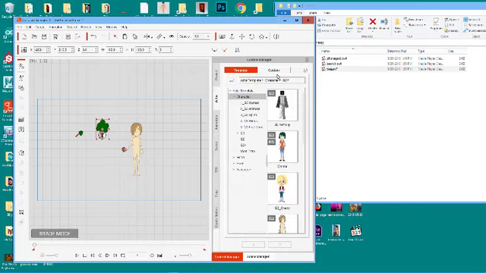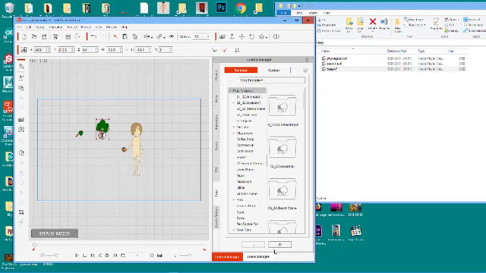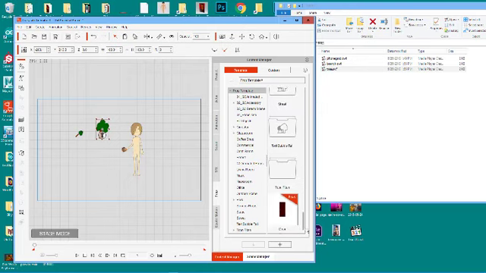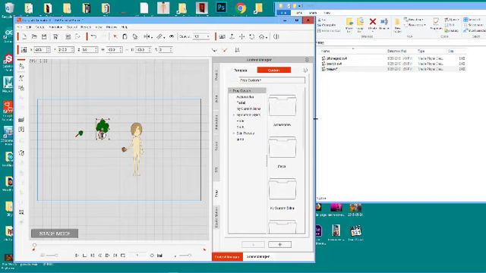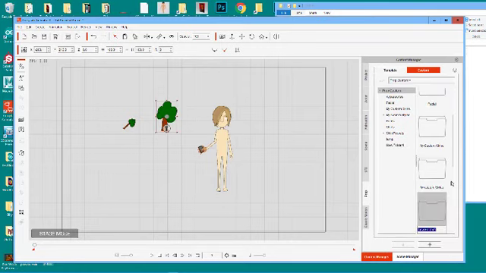We'll switch to custom prop, and we can create a new folder. So let's say we'll create a new folder called shrubbery or something. We got to switch to custom, and in here we're going to create a new folder. We're going to call it trees,